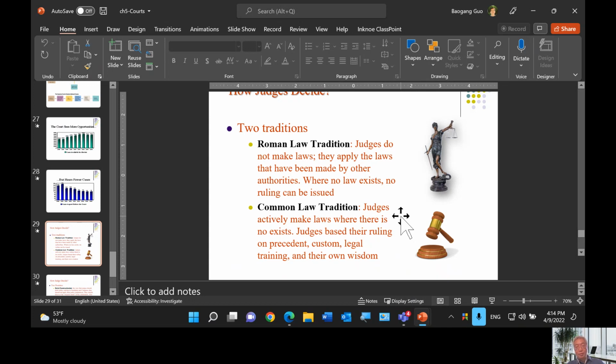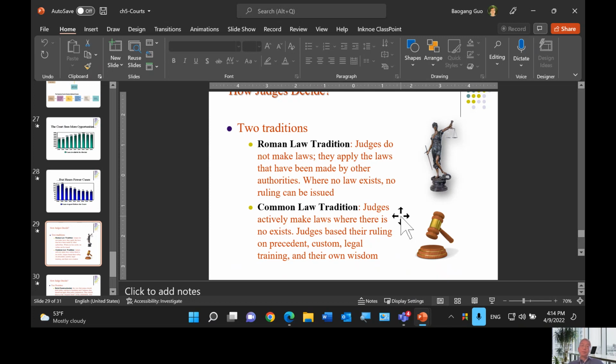So judges say what the law is. Whatever has been decided by judges will be used as the basis for future decisions. So when there's no law, judges can still make rulings based on their own understanding, on precedents, on customs, legal training, and their own wisdom.